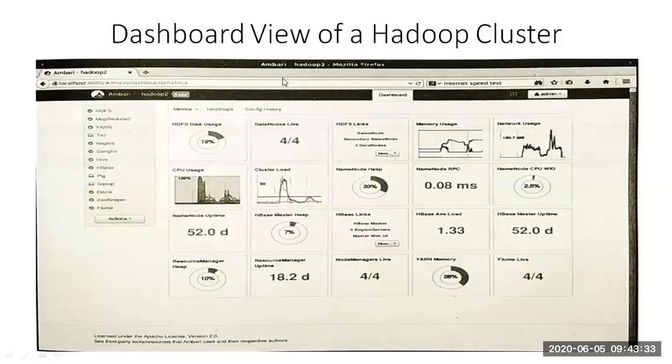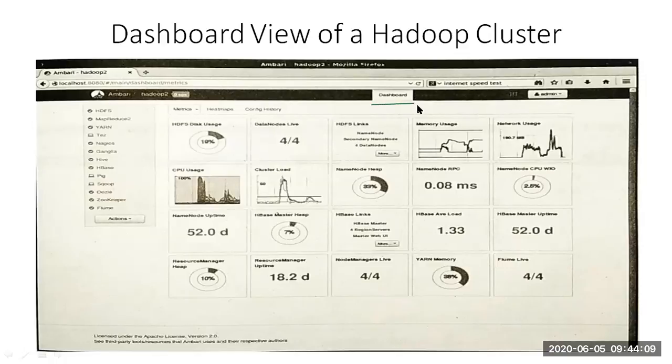Once you install Apache Ambari on your machine and open it, you will be getting different views. First, let us start with this dashboard view. On the left side, you can see the service icons. You can see the options available like HDFS, MapReduce, YARN, HBase, Pig, Sqoop, Oozie, whatever we have discussed. And you can see multiple widgets shown here. You can see the dashboard option here. So this is the dashboard.